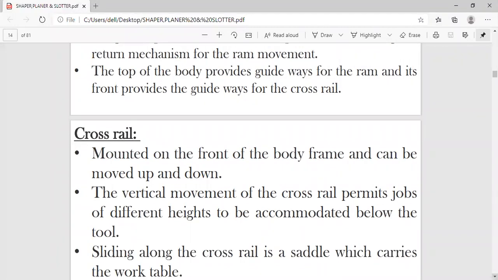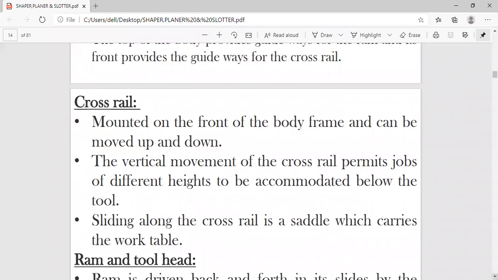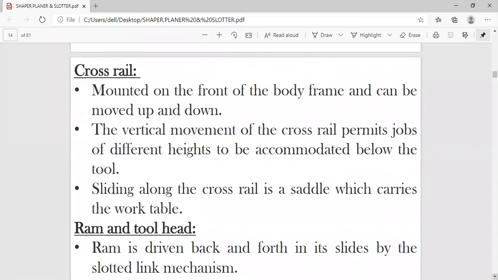Actually, we have discussed the column, and at its front is the cross rail. On the top is the ram, and on the front we have the guideways with the cross rail. So cross rail is mounted in front of the body frame or column, and it can be moved up and down.